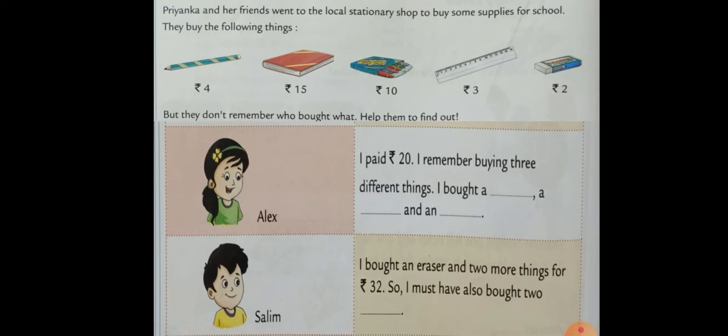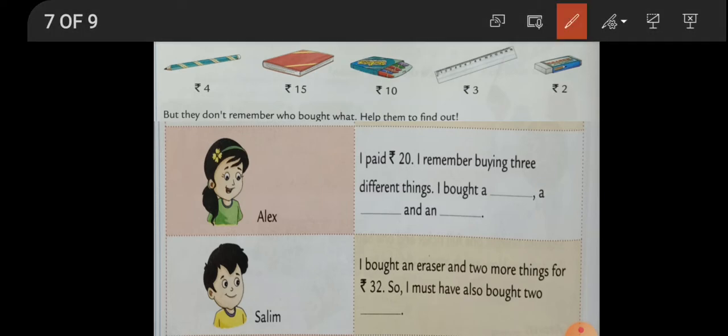Okay. When it is the big amount, you take the big numbers. Now here comes, see children. Alex is saying, I have paid 20 rupees, and she has brought three things. 20, but three things. So you begin with the smaller number. Okay. Which are the three things? You take the smaller ones. First you try to take. Okay, 20. So let's begin with 15.